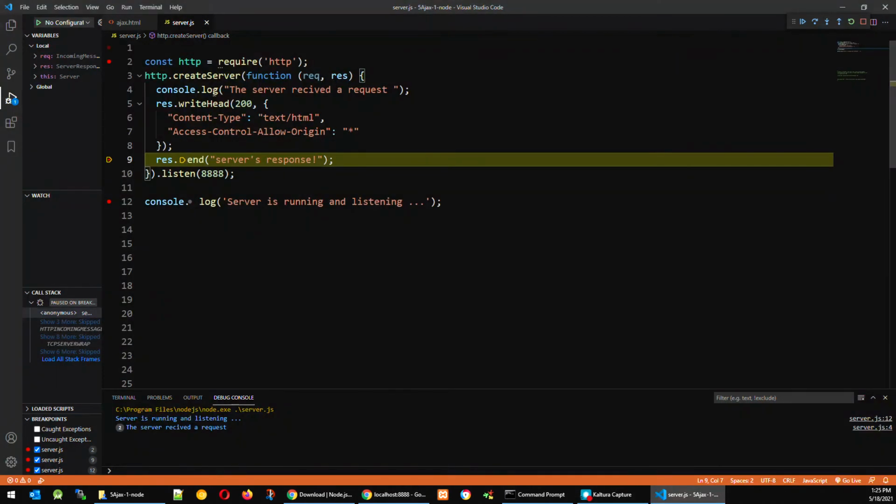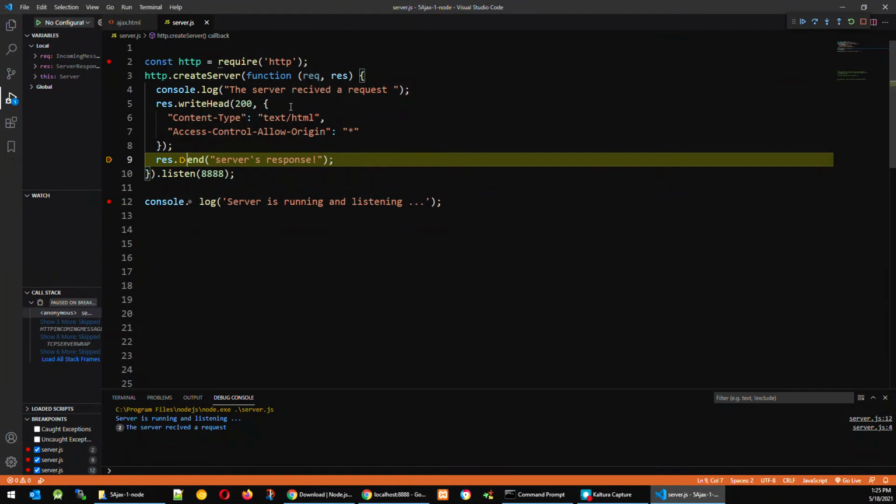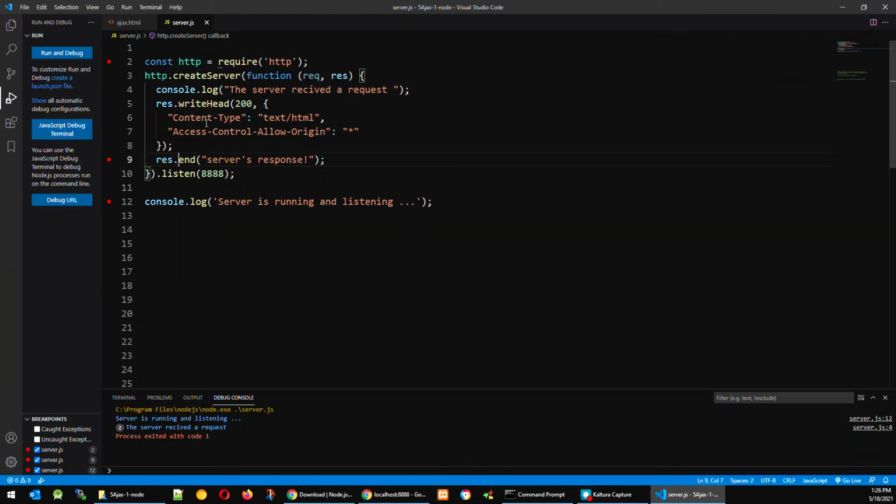So this is how I could debug my Node.js code. I put the breakpoint right here, and I could execute line by line or everything. And the reason that you see something happening here is because I clicked this, or I pressed enter, multiple times. So sorry, there is another request happening right here. So I'm going to stop my application right here, and this time I'm going to be incorporating the browser-side scripting